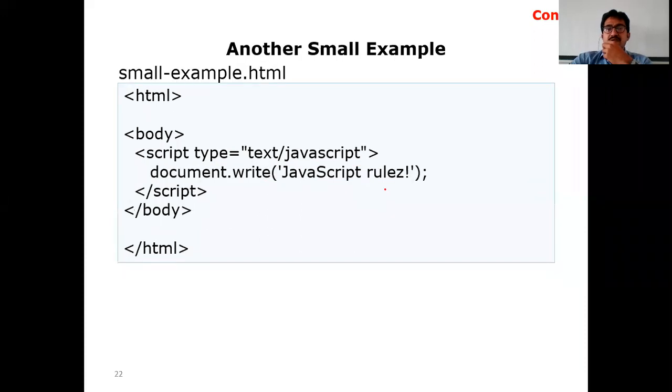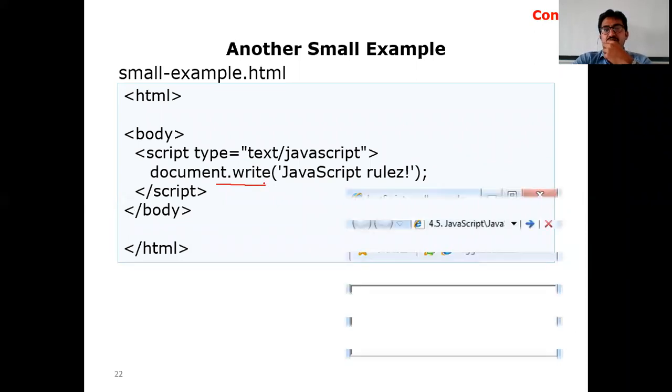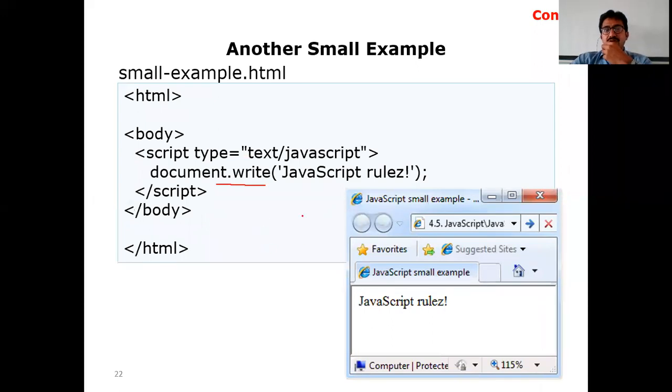Now another simple program is, instead of alert, what I am trying to do here is document.writeln. So document.writeln means it will write onto the document. Which document? HTML document. Previously it was a dialog box. Now JavaScript we are just writing in the form of text inside the document. So document means what? Here document indicates this one. Document means this HTML page. This is what you are writing, JavaScript toolkit. So this space is called the document.